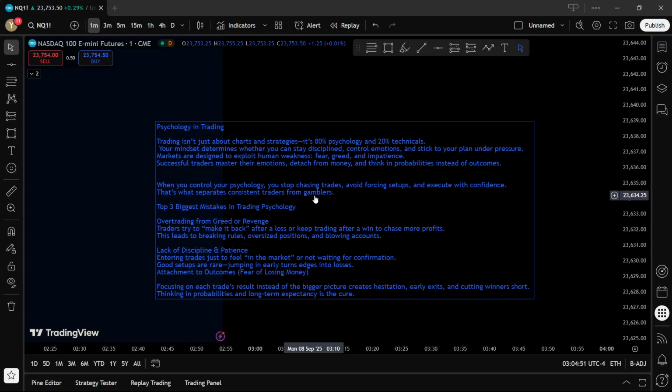Or they keep trading after a win to chase more profits. That's just greed, right? And if you think about it, how much money are you making daily from your job? If you can replicate that in trading, why would you always want to make more? Instead, just start scaling little until you're in a position where you can make a lot of money while risking a lot of money,